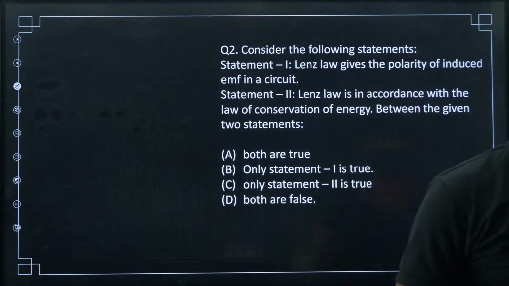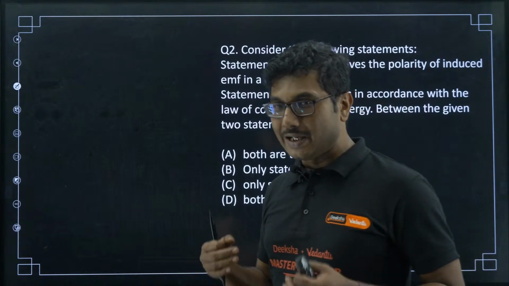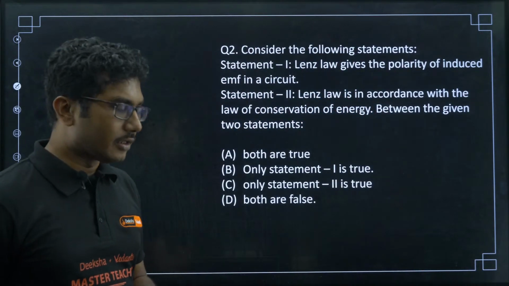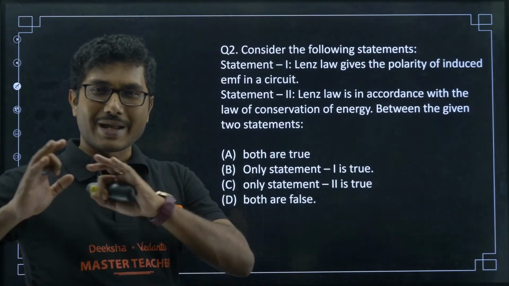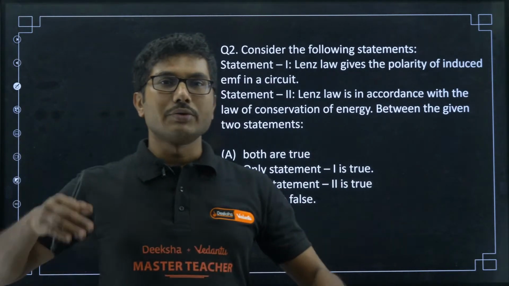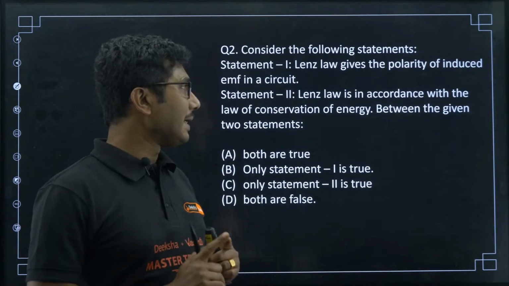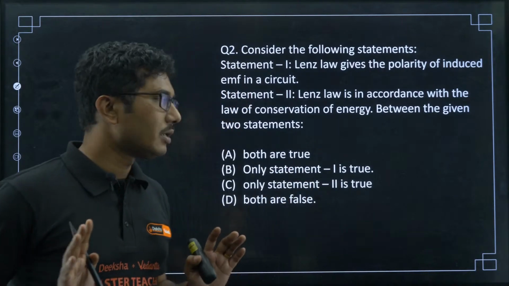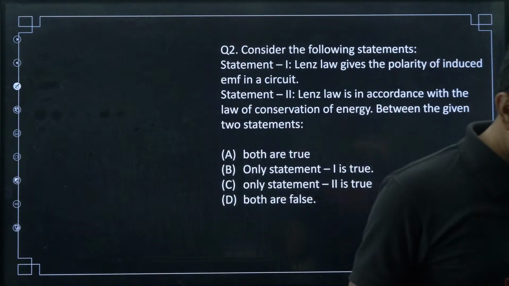JE aspirant, the session will go minimum 1 hour up to 1 hour 10 minutes. This is a slightly easier chapter, so 1 hour 10 minutes to 1 hour 20 minutes maximum, and that includes the discussion at the end of the lecture. Otherwise, the main class will be over by 1 hour 5 minutes, not more than that. Okay, so Lakshmi 2A,